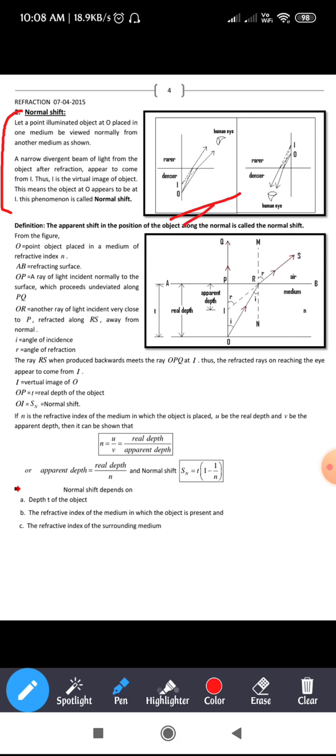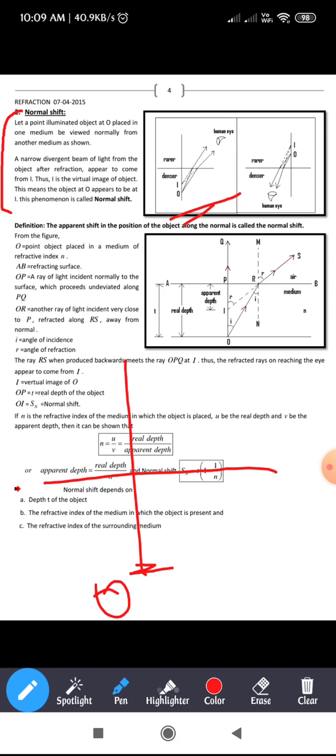As you know, the ray which is coming from the object in the denser medium, if this is the object, what happens here is the ray which is coming from the object, as soon as it comes here, when you draw a normal here,